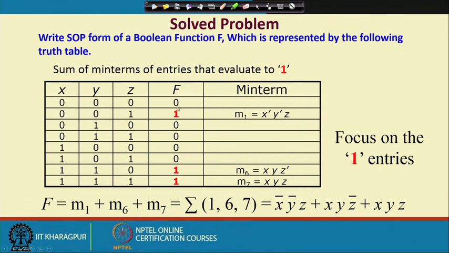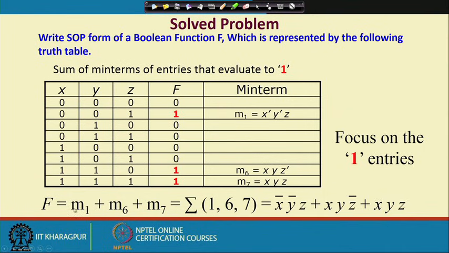If you consider only those rows where the function f evaluates to 1, these are 0 0 1, 1 1 0 and 1 1 1. For 0 0 1 the corresponding index is 1, 1 1 0 index is 6 and 1 1 1 index is 7.